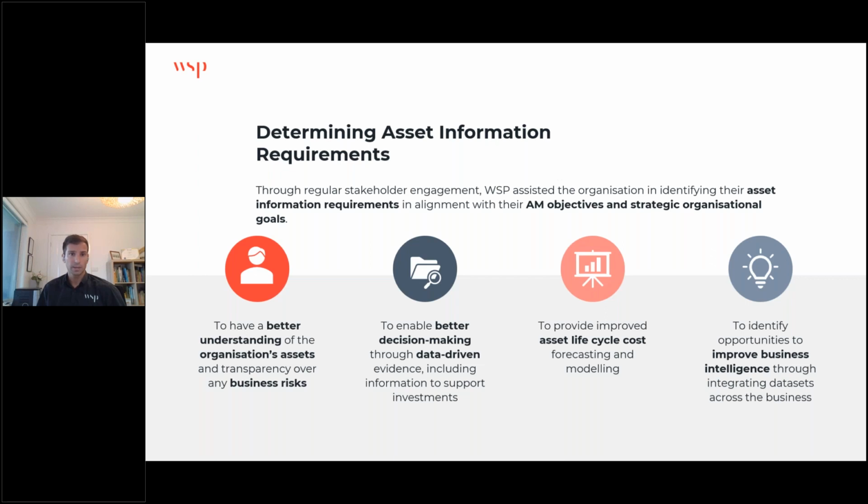Better decisions are also accompanied by more accurate asset lifecycle costing. Having a consolidated view, especially one that provides you with information about asset costs, is extremely powerful information to an organisation. While most of the time you're aware of the value of your assets, knowing the overall maintenance costs and when they're able to reach their end of life would allow the business to engage in long-term planning. Finally, all of this will help you identify future opportunities for your business that will ultimately drive better asset performance and better achievement of your strategic objectives. By integrating and consolidating your data sets, you can transform this into business intelligence that benefits all parts of your business.